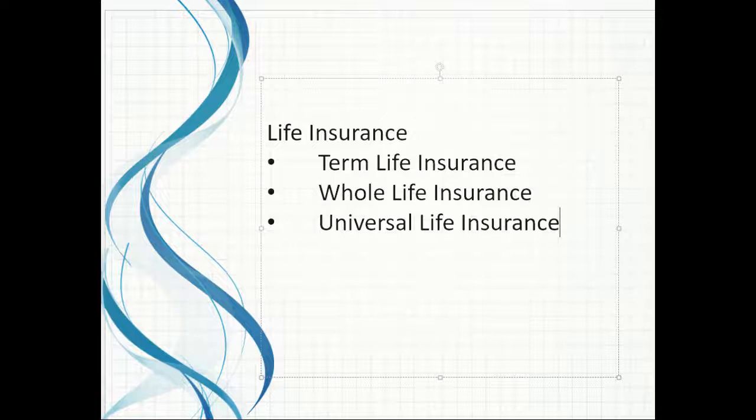Whole life insurance pays an amount to the designated beneficiaries of the deceased employee, but unlike term policies, whole life plans do not terminate until payment is made to beneficiaries. And lastly, universal insurance. This is a combination of features between term life insurance and whole life insurance. The insured may shift money between the insurance and savings components of the policy, making this a more flexible alternative to whole life insurance.